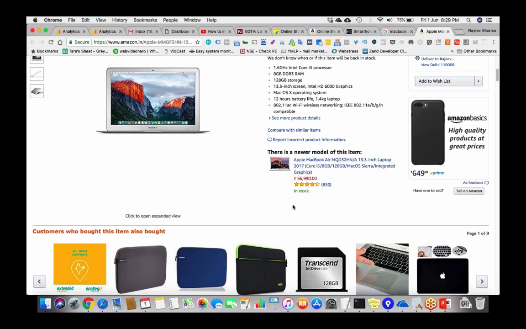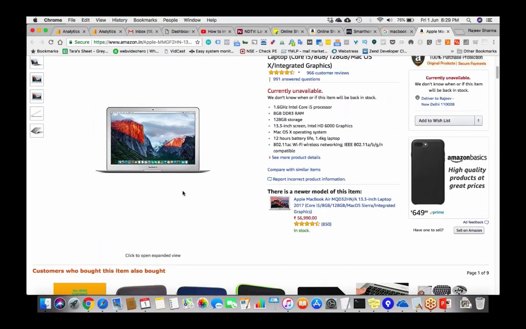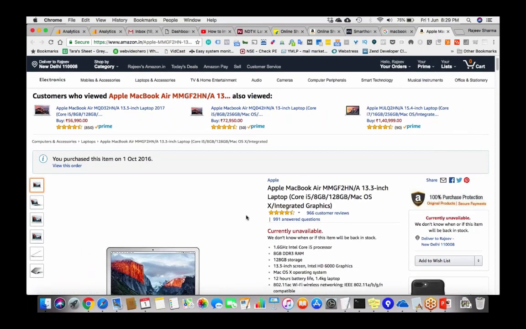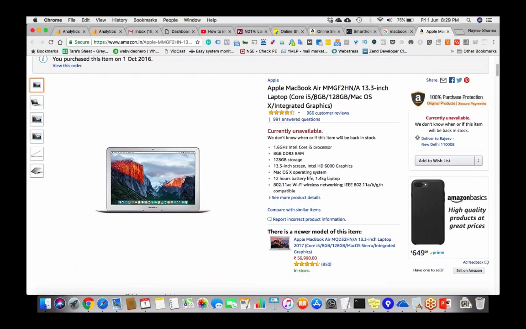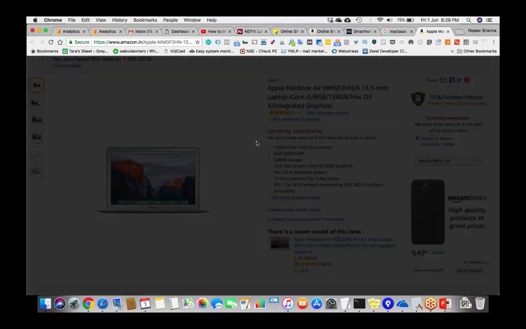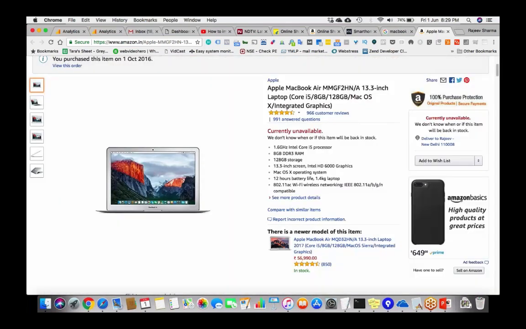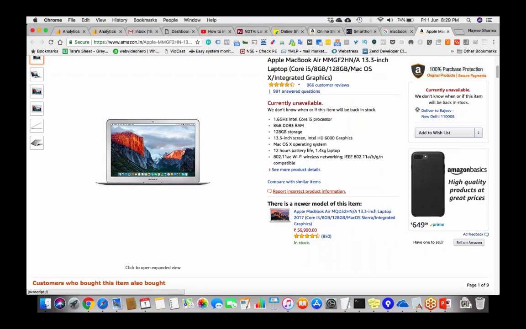Okay, are you seeing this? There is a newer model of this item available. So this was available some time back. Okay, and this page was showing a 4 GB variant instead of 8 GB, and this was for about 70,000 rupees, 72,000 rupees. Anyways, but the point is, if you are seeing something which is not available, or